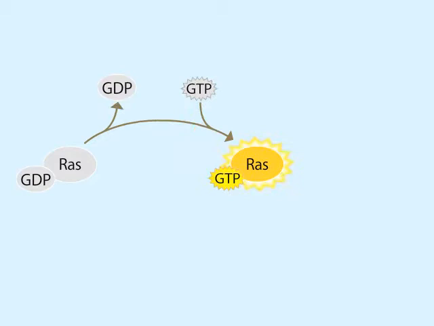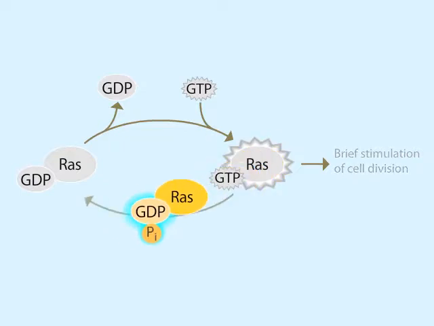In its inactive state, RAS is bound to GDP. When RAS is stimulated, it releases its GDP and takes up GTP. When bound to GTP, RAS is active and can activate other proteins, resulting in a brief stimulation of cell division. An important part of RAS's function is an internal shutoff mechanism. Shortly after becoming activated, RAS hydrolyzes its GTP back to GDP, and in so doing becomes inactive again and stops